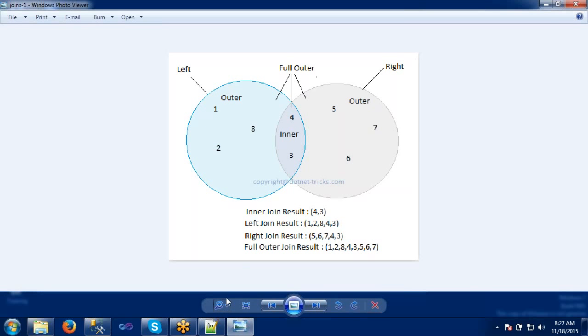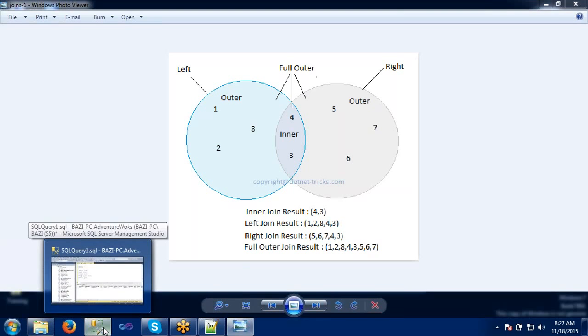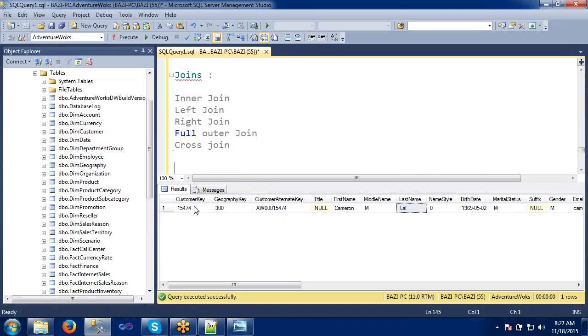So we will try to apply the same thing in our table. Now I am going to create two tables here, because I want to join two tables.